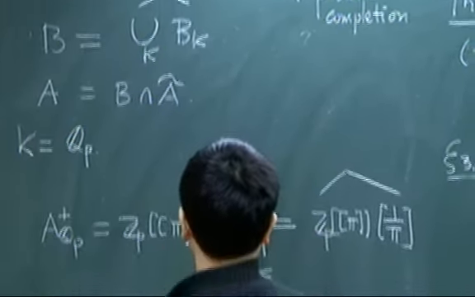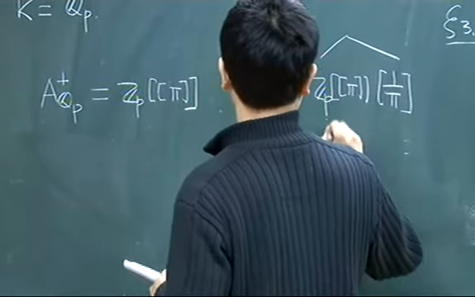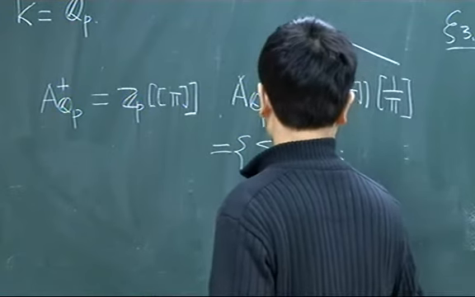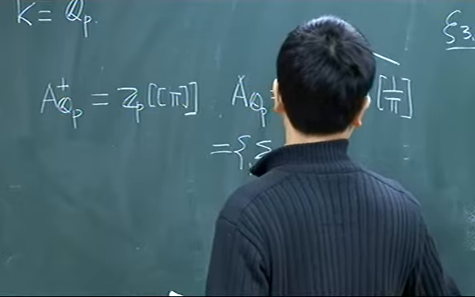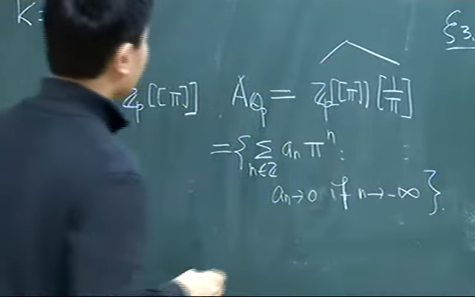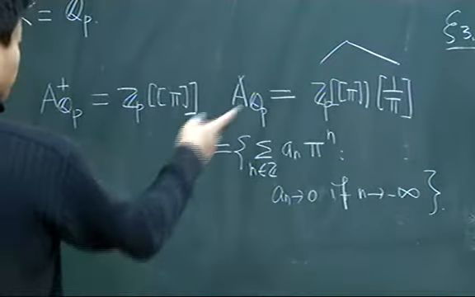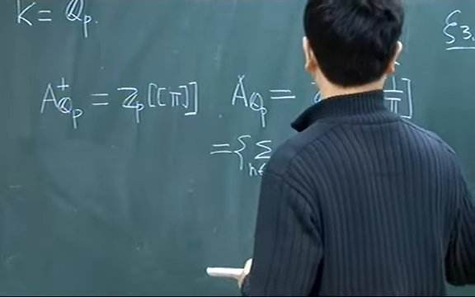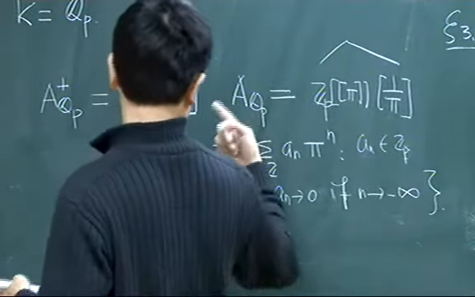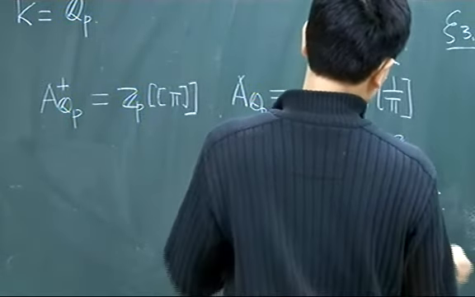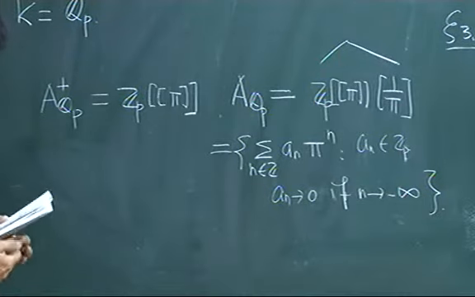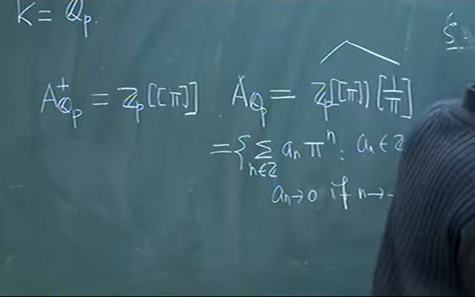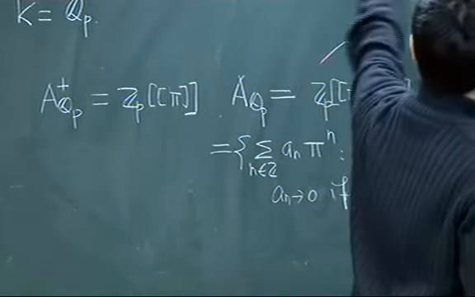You take the p-adic completion. Or you can say this n is contained in the an pi n. An goes to plus infinity, it goes to 0 if n goes to minus infinity. Okay? So this is AQP. And BQP, so an is contained in GP. BQP is just the same thing. Instead of an in GP it is just an in L, and then you want it bounded. Okay, so that's